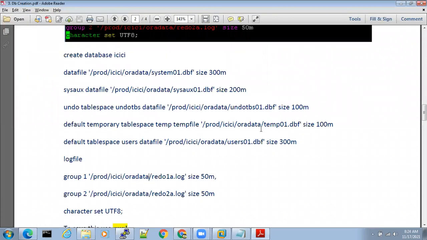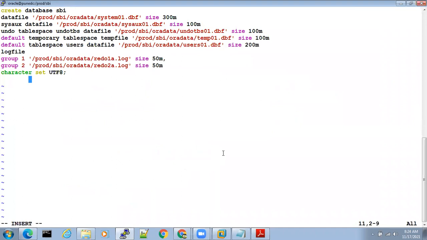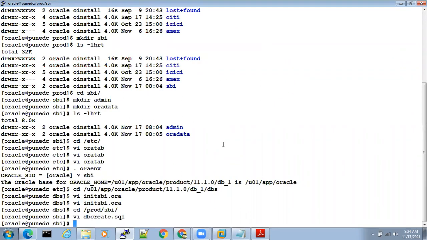Create database name, datafile system01.dbf, sysaux datafile sysaux01.dbf, undo tablespace undotbs01.dbf, default temporary tablespace temp01.dbf, users01.dbf, logfile group 1 redo1a.log, group 2 redo2a.log, and character set UTF-8, and save the file. Escape, colon, WQ, exclamation. Done. Now the file is ready.